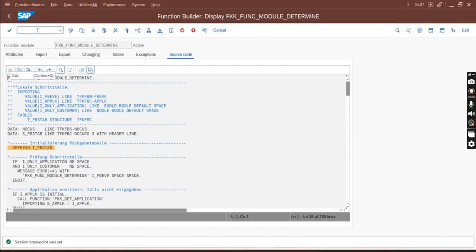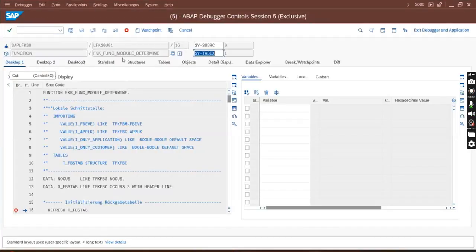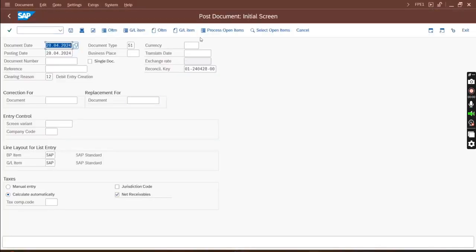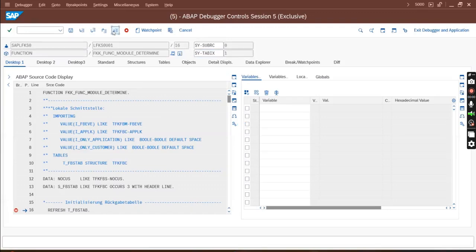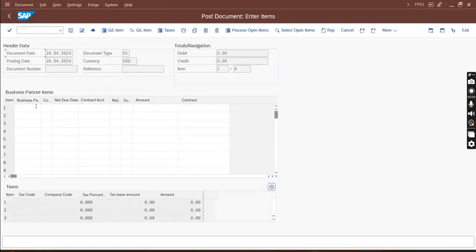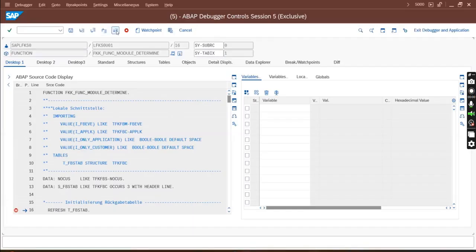So /o FPE1. Oops, I'll get the breakpoint multiple times now. Just ignore. When I require it, I'll tell you. USD. For every screen change, I will now get the breakpoint because I have set it. Now company code, contract account, main, sub, amount.